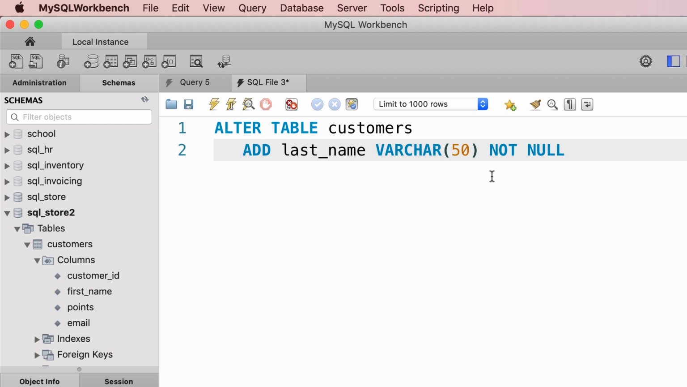Now, if we execute this, MySQL will add this column at the end of this list of columns. But that's not what we want. We want to add this after the first name. So here we type after first name,